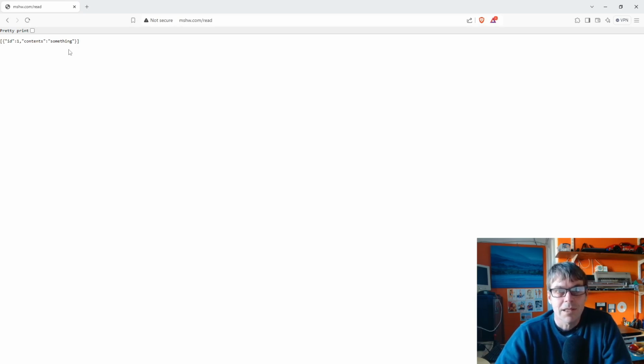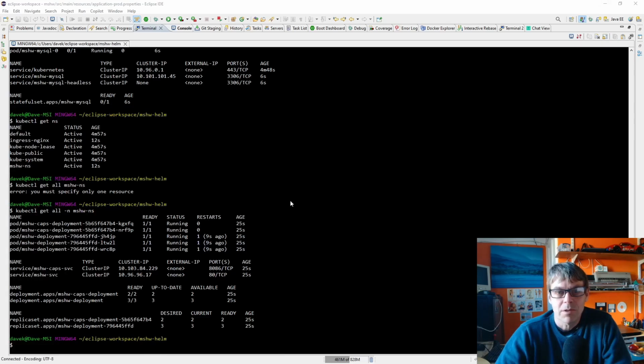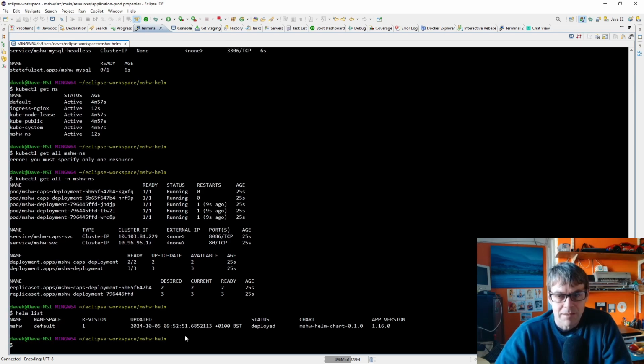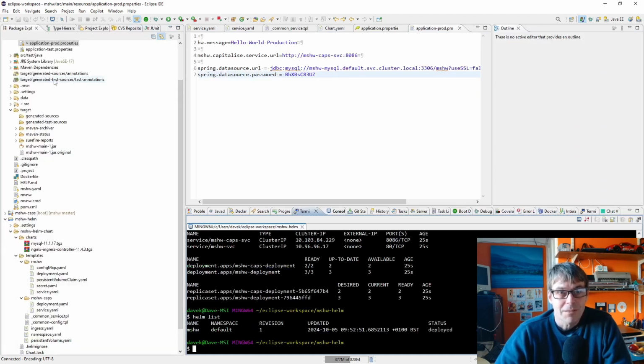So the database is working. So the whole application is working again, but we've installed it with one line of terminal code, and that is just helm install, and we have it deployed as a package which we can delete in one go and reinstall or upgrade in one go. So that's much more convenient. So now going forward, I can forget about my original YAML files and I can maintain the installation of the project as a Helm chart. So I think you can see that's much more